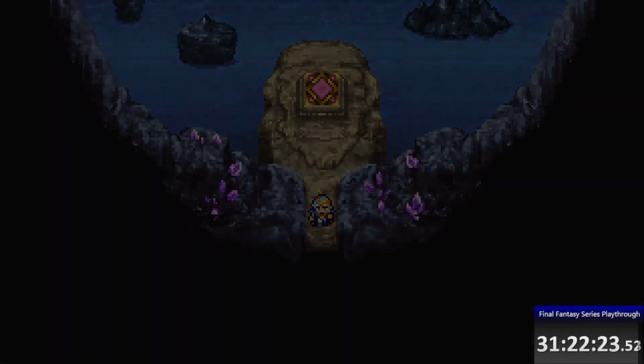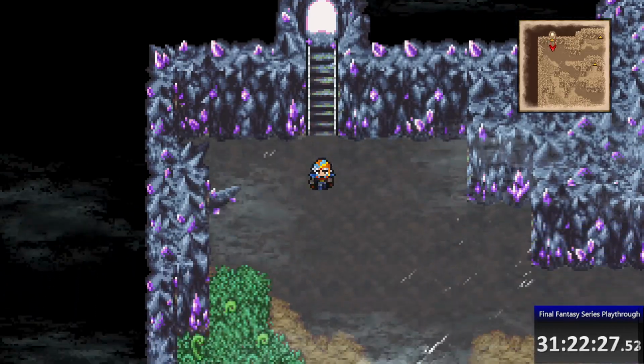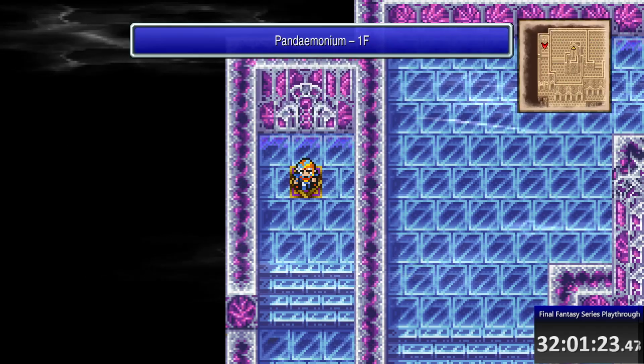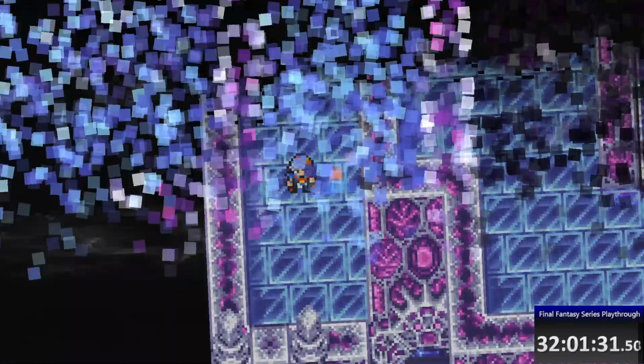The Jade Passage looks just like the other caves we've explored, so we tear through as fast as possible until we reach a teleporter. This takes us to Pandemonium, the Castle of Hell, and you guessed it, it's the other genre of dungeon in this game, building. Well, to be fair, this one is a bit more stylized, with glass floors and some intricate designs in the